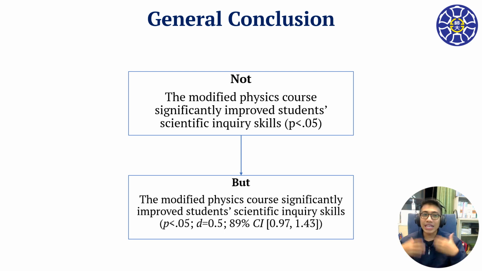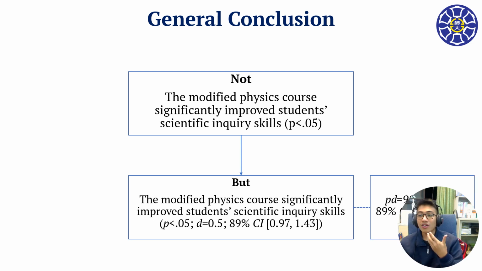Okay, maybe some people find it hard to move to Bayesian. Maybe you can use the p-value, but plus some amount, because the p-value is only the direction. You need to put d as the effect size, as the amount, and then the confidence interval also as the amount. And then if you are ready to move to Bayesian, maybe you can change the p-value to PD, probability of direction, plus you need to put some amount. So amount and direction need to come together.